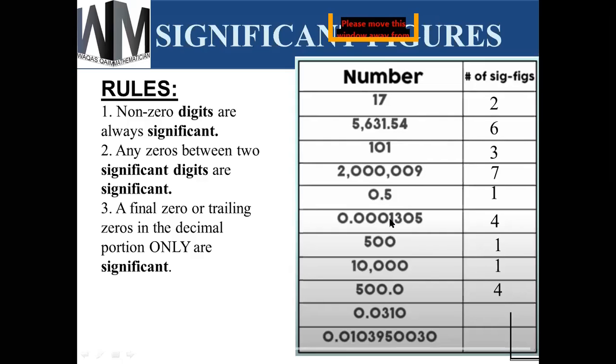Right. So in this one, we have four significant figures. Not only the five and the last zero; all the trailing zeros will be counted as significant in a decimal number. So in 500.0, all these zeros are counted as significant because they are trailing zeros, and 5 is significant as well. So we have four significant figures in 500.0. Any confusion with this?